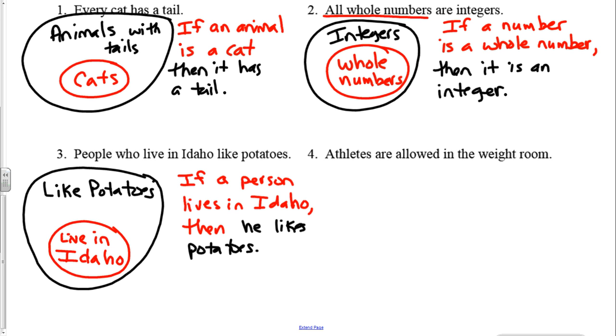Here is my solution to number 3. The small circle is "live in Idaho." The large circle outside is "likes potatoes," and the if-then statement is: if a person lives in Idaho, then he likes potatoes. If you did not get that correct, please pause the video here so that you can make corrections